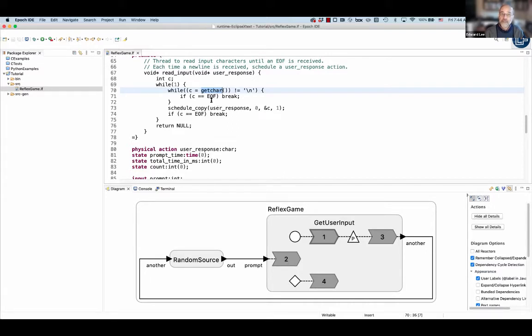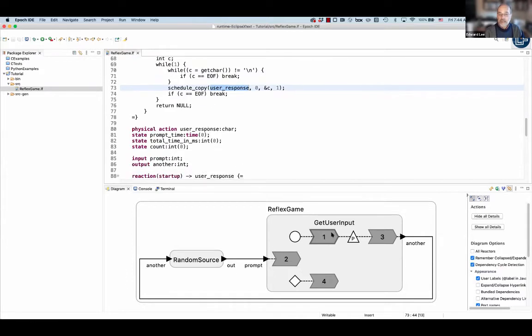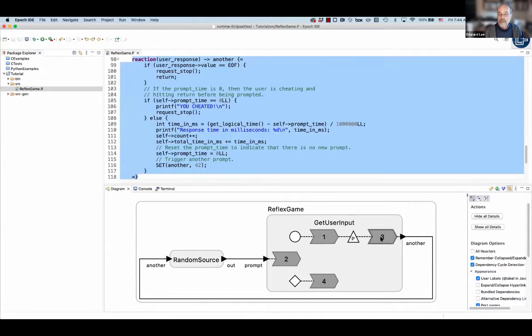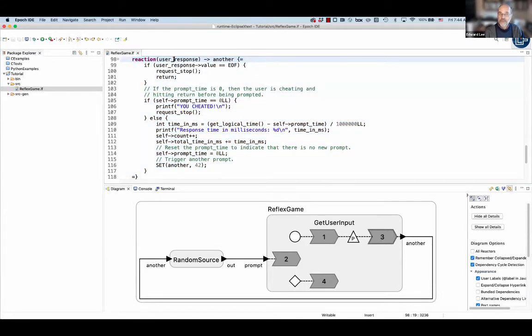But if I've hit anything but a control D, then it simply passes that character to this user response. And what's going to happen now is that a logical time will be assigned to this based on the physical time at which that occurs. Reaction 3 then will react to that physical event